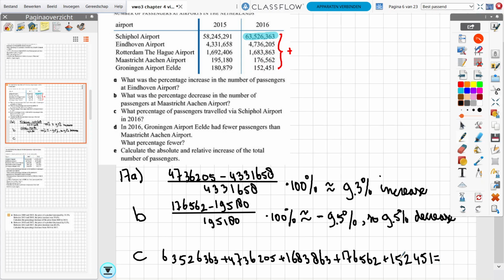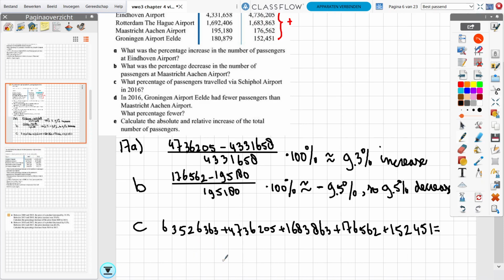You punch that into your calculator. Please be careful that you copy it correctly. It should give you something to the likes of, let's see, 70,275,444. This is the total amount